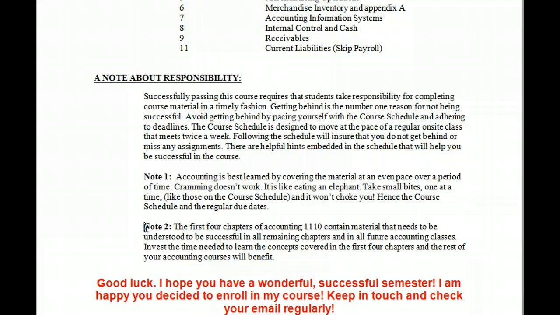Second note, really important. The first 4 chapters of Accounting 1110 contain material that needs to be mastered in order for you to be successful in the remaining chapters and in all future accounting classes. It is mission critical that you master the first 4 chapters by the time we leave the 4th chapter.